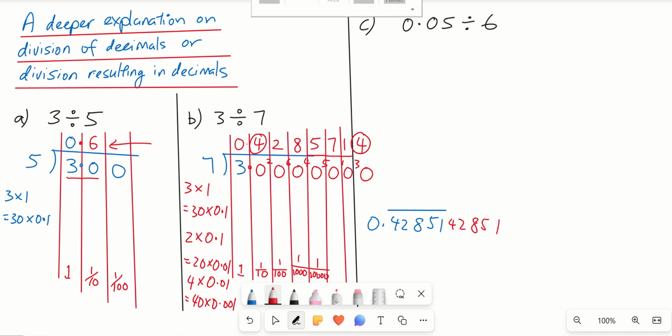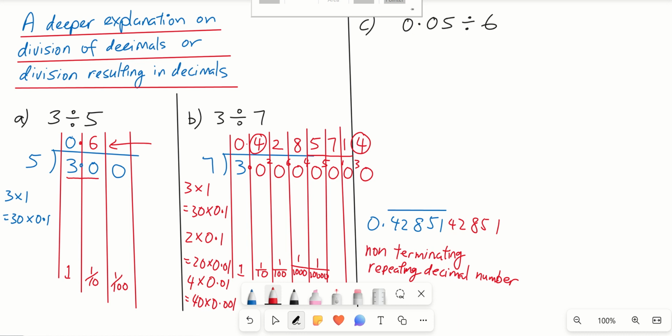So this is an example of what we call a non-terminating, because it's never ending, repeating decimal number. So there is a pattern to it. Now I'm going to look at the next one, which is